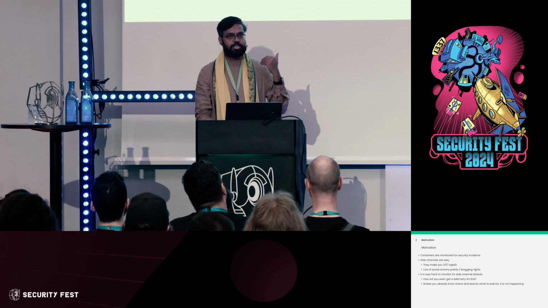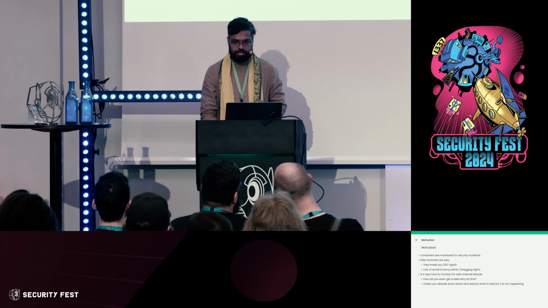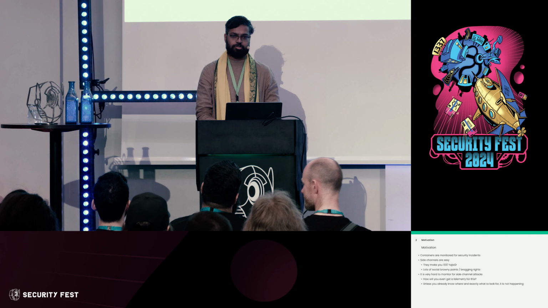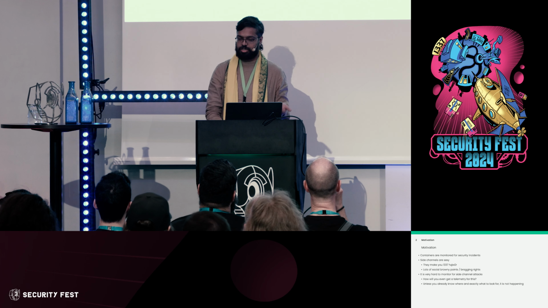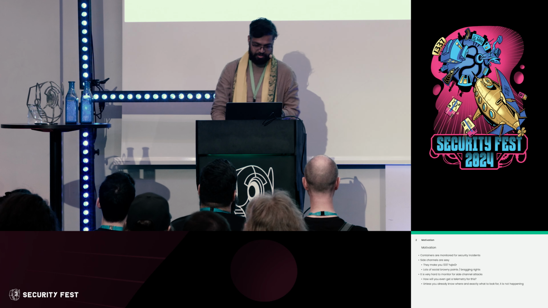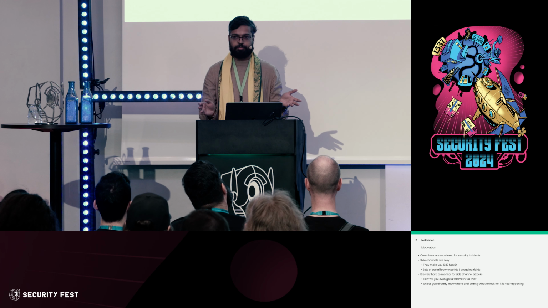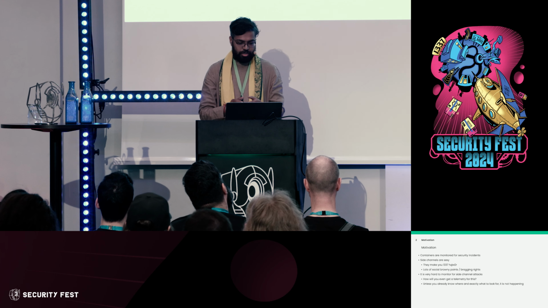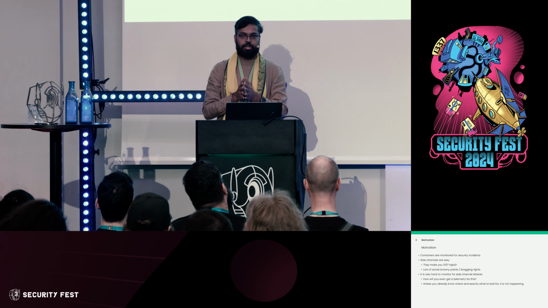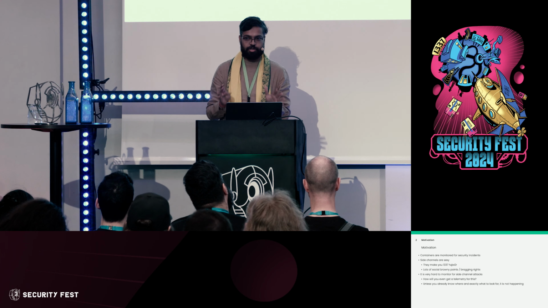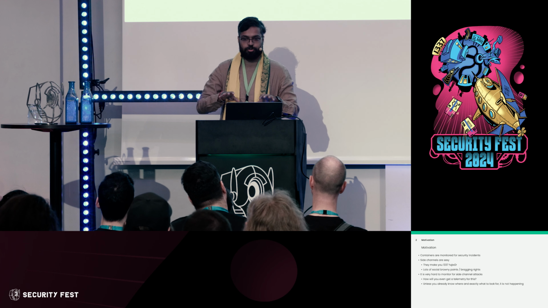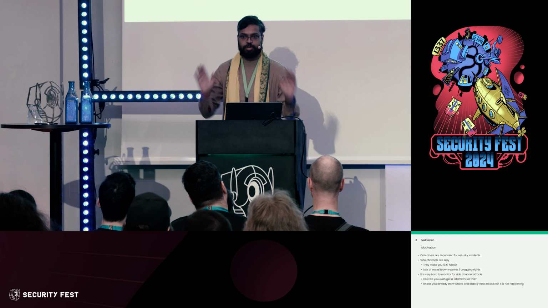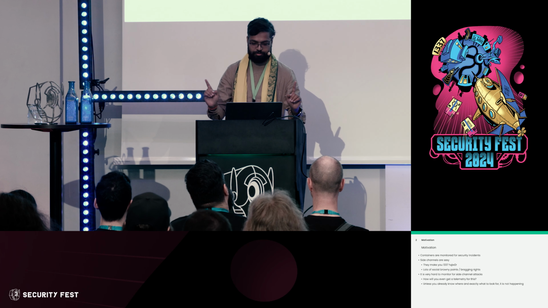Now, since containers are also getting monitored for security incidents, maybe you use something like Sysdig, Falco, or some other bunch of tools specific to either containers or Kubernetes or cloud-specific stuff. Many of you will probably already be doing this. The problem is that if it is getting monitored, I cannot really have too much fun. If I try to have some fun, I will be busted. I do not want to get busted. I want to have fun. Okay, that is my motive.